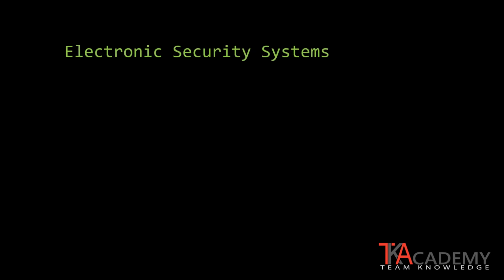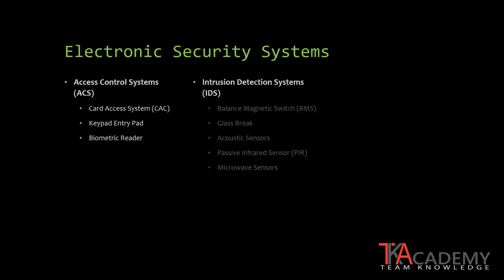Electronic security systems, or ESS, are the top of our pyramid of physical security. It is the most complicated and costly part of a security system to implement. This is where the technology really comes into play in a variety of uses. Access control systems commonly used within the industry are card access systems, also known as CAC, which is programmable and are activated with authorized proximity cards. Access control could also take the form of a keypad entry or high-tech biometric readers like facial recognition, retinal scans, and fingerprint readers.